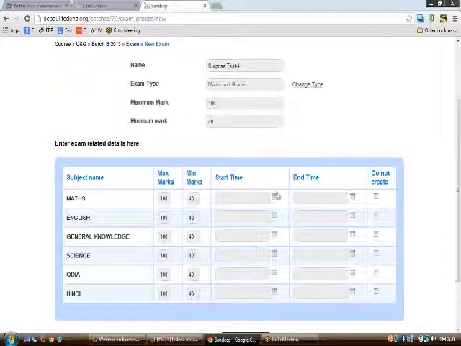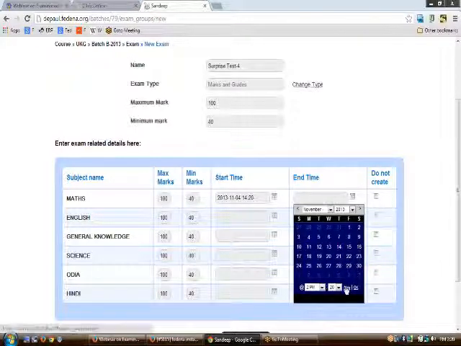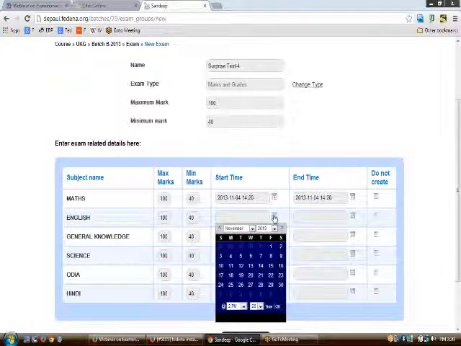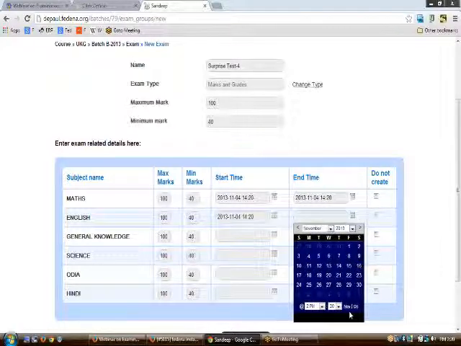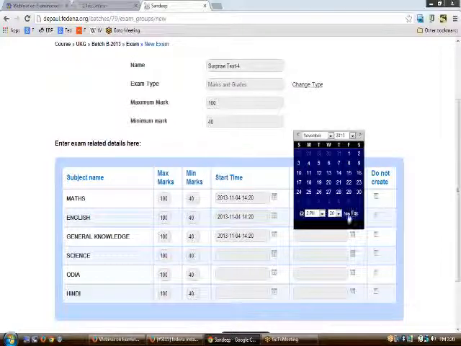Once you have entered the maximum and minimum marks, you will be asked to enter the start time and end time for each of the subjects. So this way we will be scheduling the examination for each of the subjects for the students by giving it a particular date and time.